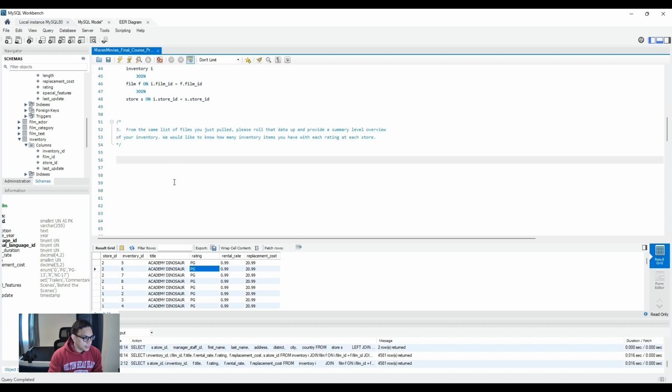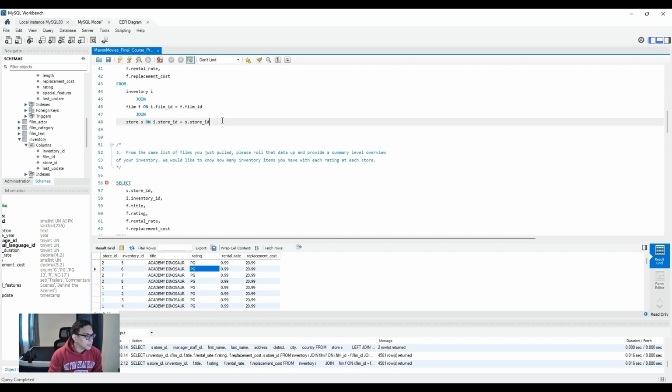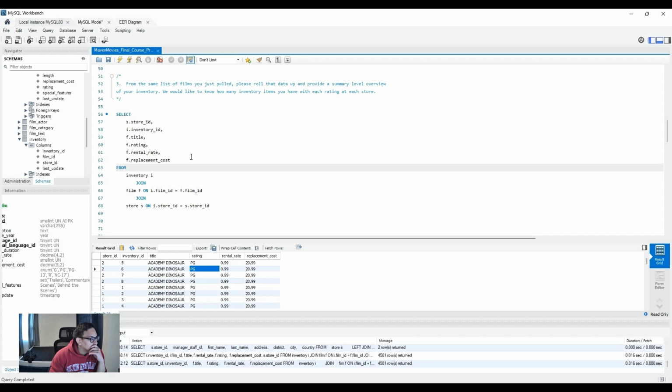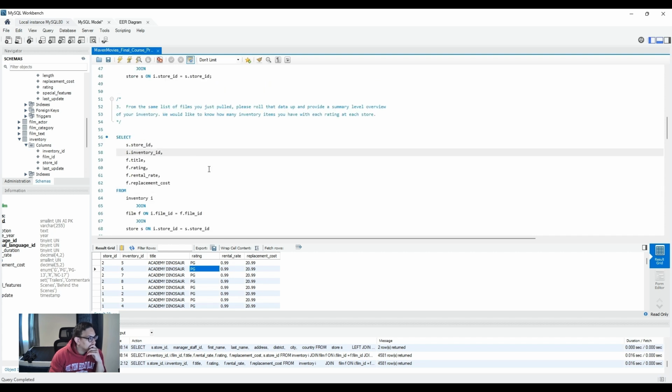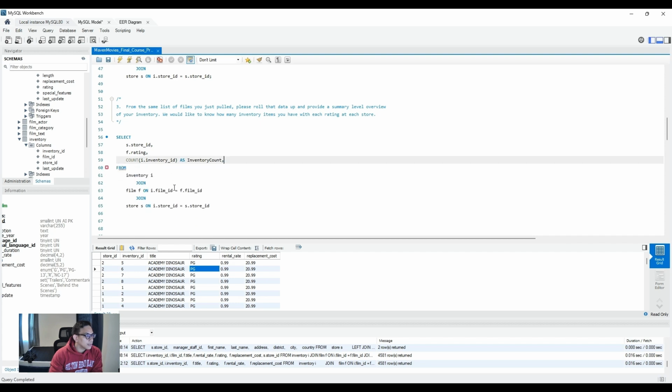And let's just make a copy of that. Just put a semicolon after. Okay, so we would like to count the inventory, right? We'll count that, we'll aggregate it. We'll call it inventory count, right? And then we would want to know for each rating at each store. So let's go ahead with store ID and then rating. Okay, so we need the store ID, the rating, and then the count of inventory, right? So we don't need all this other stuff. Okay, so I'm just going to call this store ID, rating, right? And then we're going to count the inventory. And then we will group it by